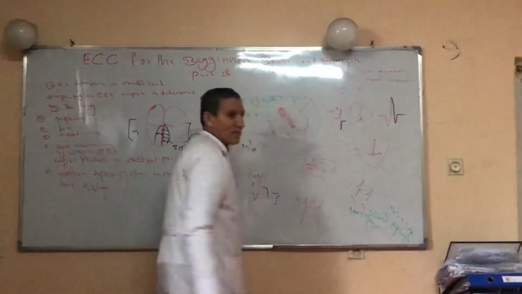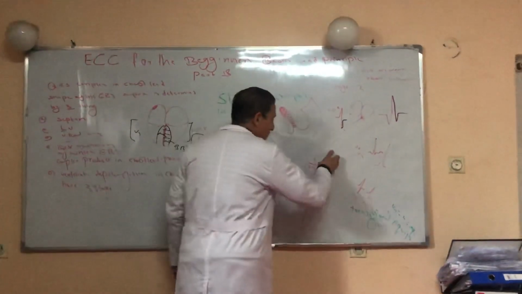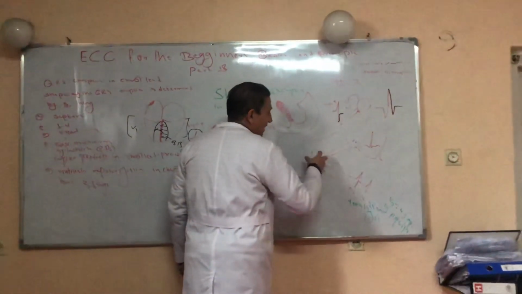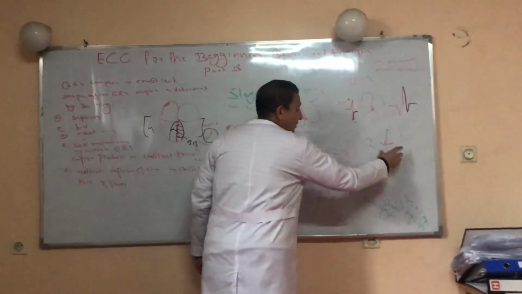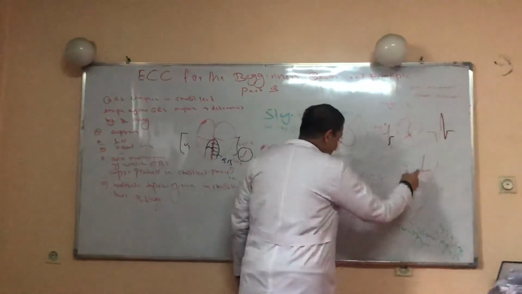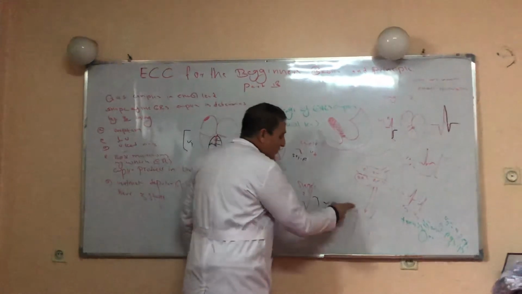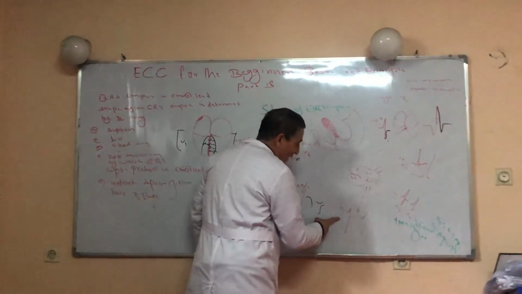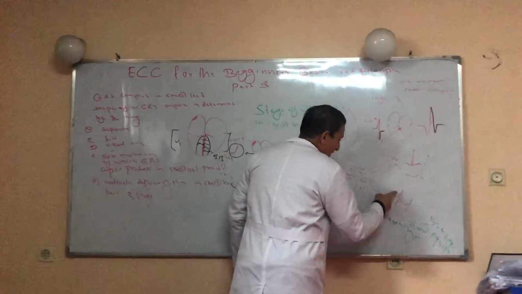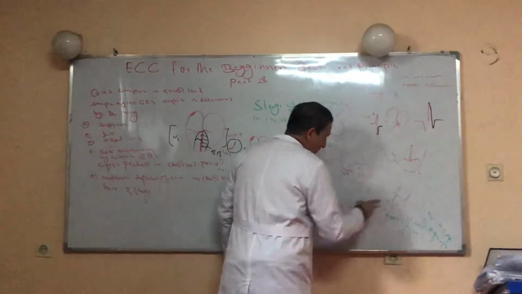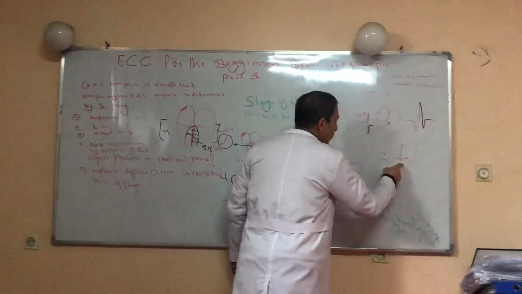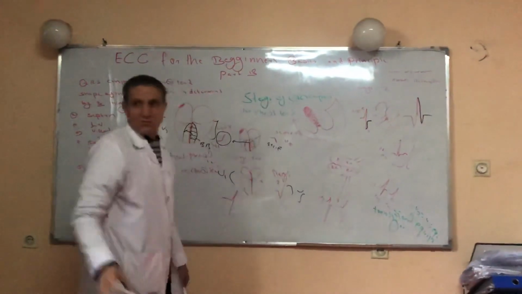What is the mechanism? Because we have a mass of muscle, and the electrical impulse goes through the ventricle. This R is bigger because it represents free ventricular wall depolarization. So in V1 the R wave is smaller than in V2. In V2 the R is larger, and in V3 they are equal. This R wave may be larger than this R wave, and in these two the R wave is quite a bit larger than the other four.